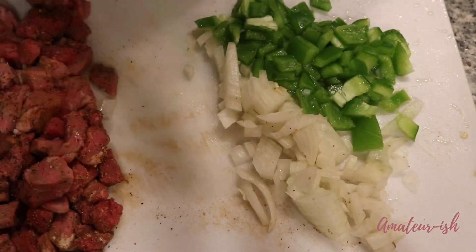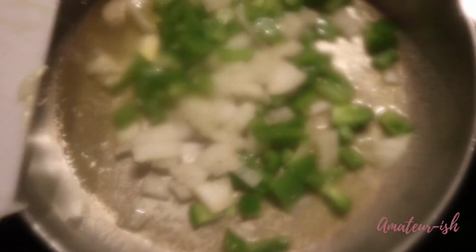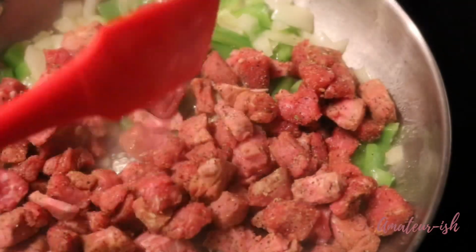And then I went ahead and cut some peppers and onions off camera. So next up, taking some butter and letting that melt down. So now I'm going to add the onions and peppers into this to make sure that they get a nice saute. I'm going to do them until they become a bit translucent, and then I'll go ahead and add the meat. So now that the onions and peppers are a little bit translucent, I'm going to go ahead and add